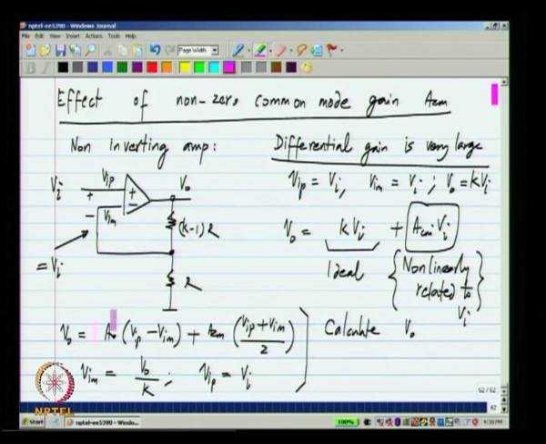Now, I did not go through these calculations. What I did was I just assumed that the output voltage changes by a small amount, so that the effect of that on the input common mode voltage is not very large. I calculated the common mode voltage assuming that there is no common mode gain, and then I used the same thing in later calculations. You can do the exact calculations and see how much the error will be. The error will not be very large, it is some shortcut that you can use if you understand the relative quantities of different things.